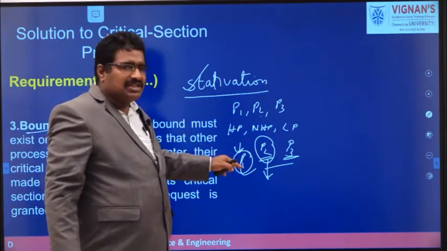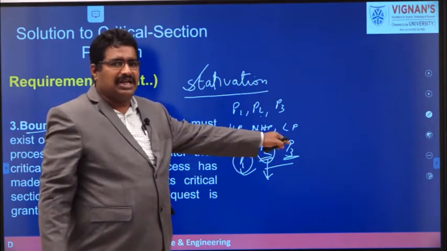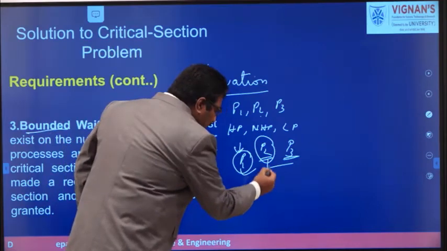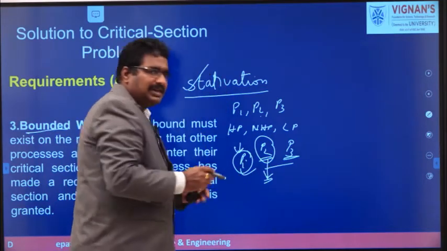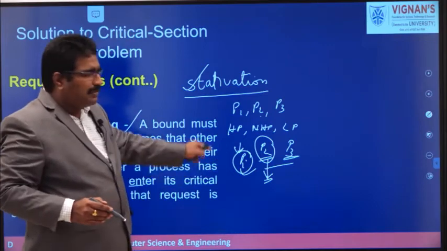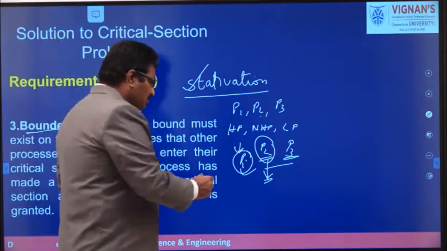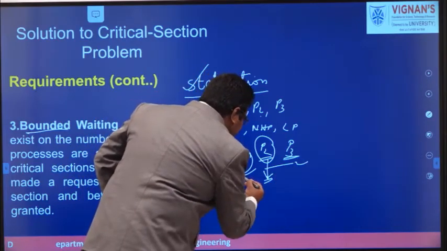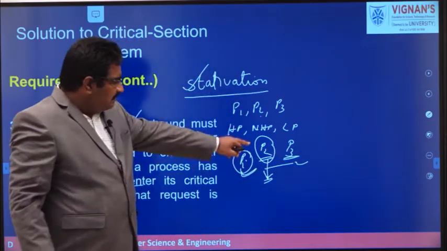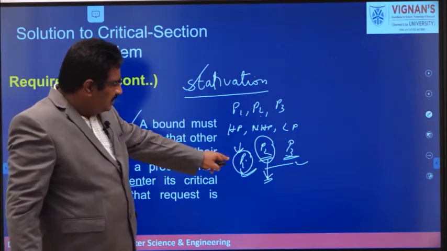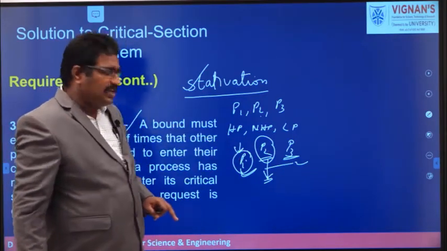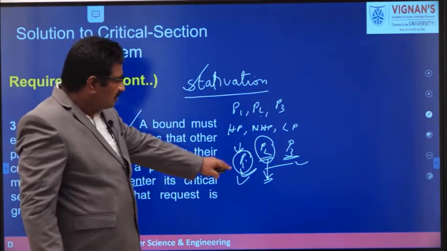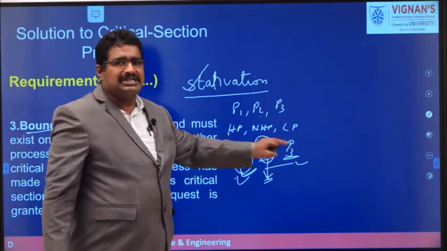But after completion of P1, P2 is allowed because P2 is the highest priority process. Under the P2 execution, at the time of the execution itself, P1 completed the remainder section and again P1 wished to enter into the critical section. So automatically at the time of P2 execution, P3 is waiting and P1 is waiting. Once P2 is completed, between P1 and P3, P1 is the highest priority process, so P1 is allowed to enter into the critical section. P3 remains in the waiting state.